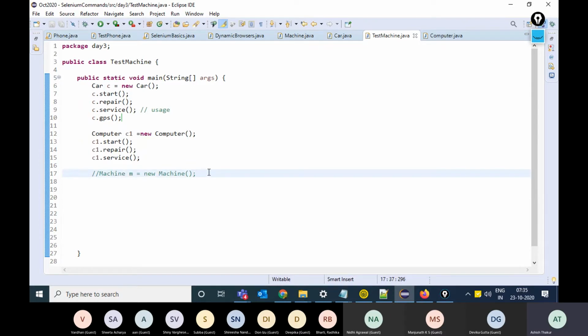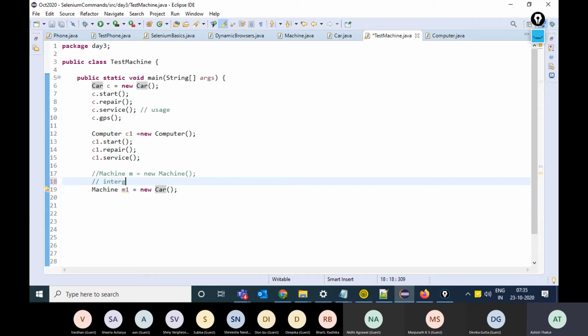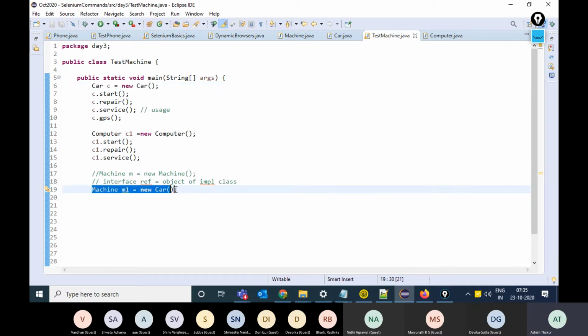Now, if I create the object of the car class like this, machine M1 equals new car, this is a little different way of creating the object. I am writing the interface reference pointing towards the object of the implementing class. The reference of the interface pointing towards the class which is implementing the interface. What is the difference between creating the object like this and like this?